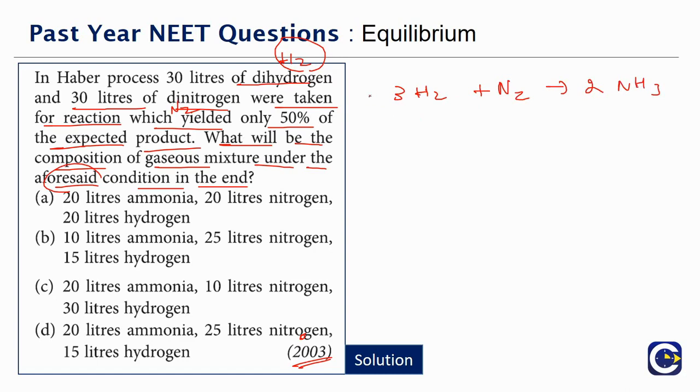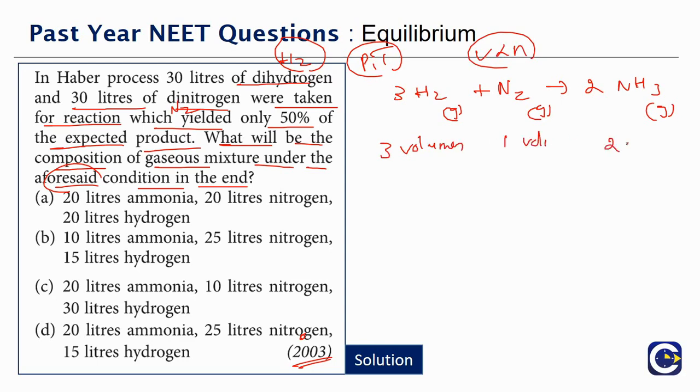Now what we see is while this is a gas phase reaction, the number of moles will be proportional to the volume, which means what? Assuming we are talking about the constant conditions of temperature and pressure. So volume will be proportional to number of moles. So we can say if we have, say for example, 3 volumes of this, we will combine with 1 volume of this to produce 2 volumes. So this is the relation. Now what are the given amounts to us? Given amounts are what? 30 liters of this is given and 30 liters of dinitrogen is given. We have to find out at equilibrium what is the composition, but what is the condition?